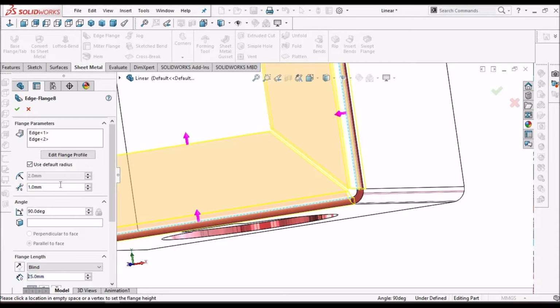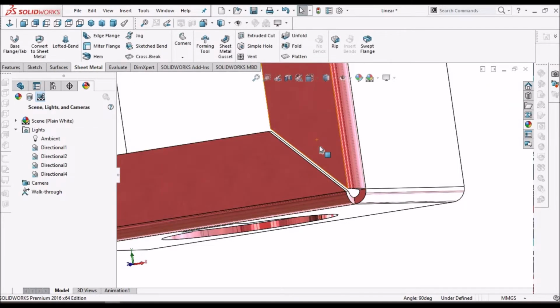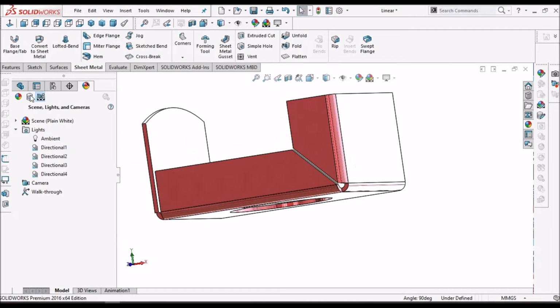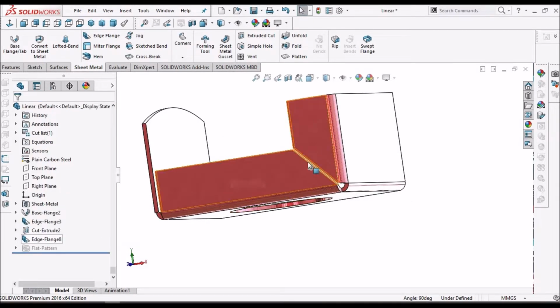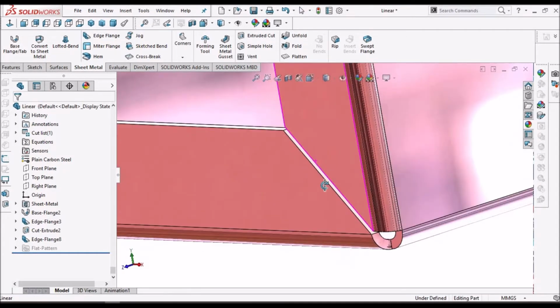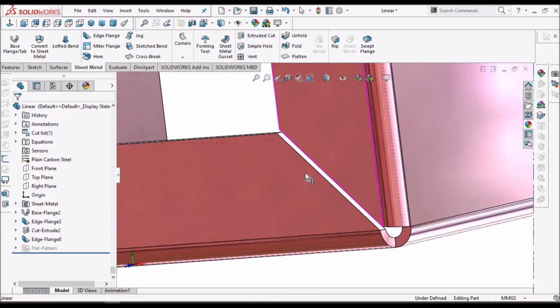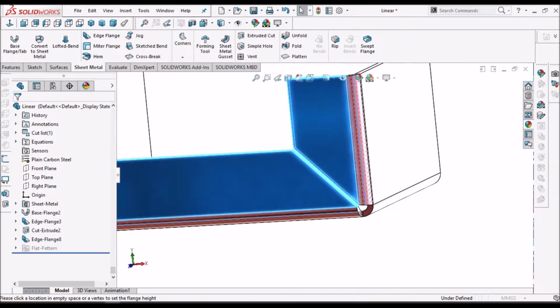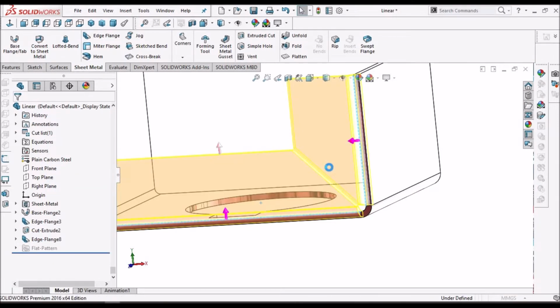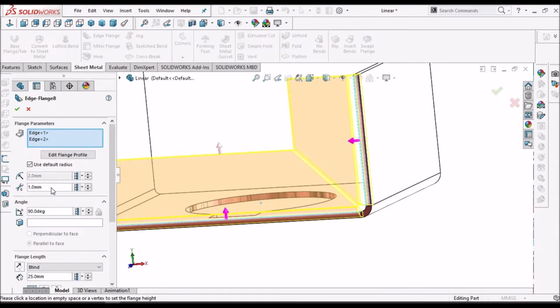So now we can define the gap between these two edges. I can give 3.